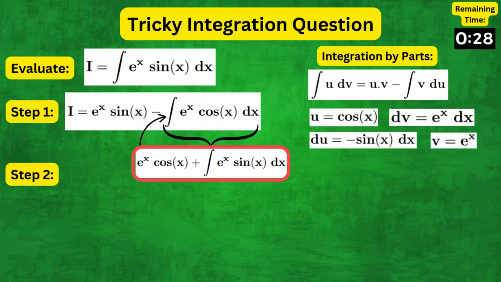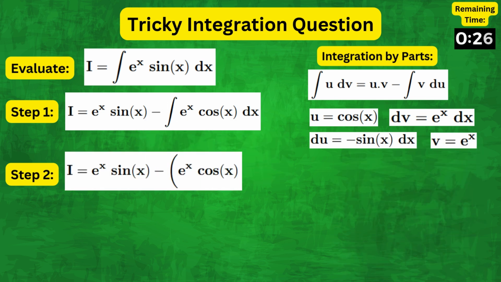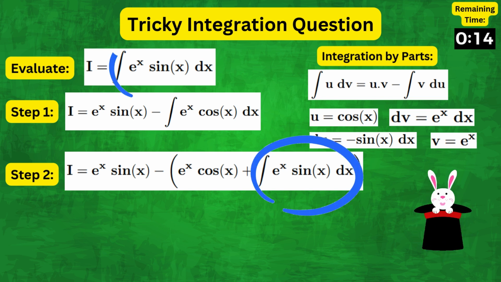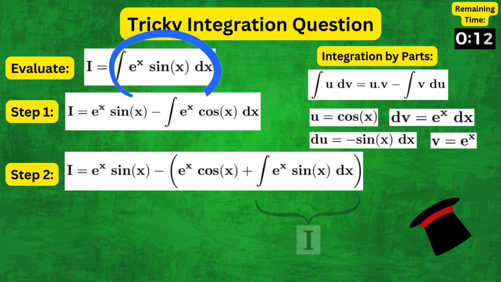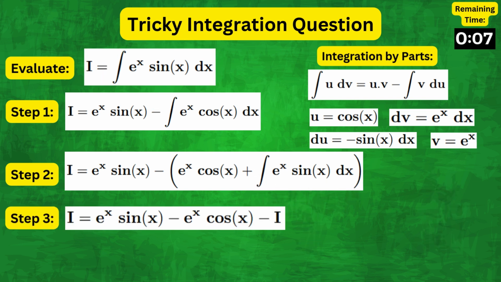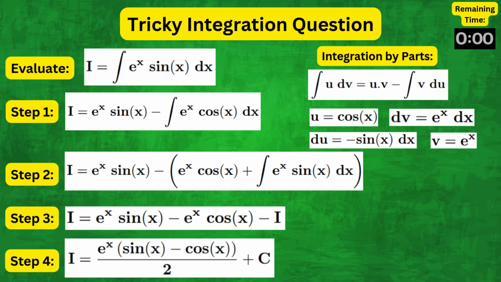Now, plugging all of this in, I becomes e to the x sine x minus, open brackets, e to the x cos x plus the integral of e to the x sine x dx. Now, notice that this integral term is in fact the question that we started off with, and therefore we can replace this with I. So, the equation now becomes I equals e to the x sine x minus e to the x cos x minus I, and then we can simply rearrange to make I the subject to get I equals e to the x, open brackets, sine x minus cos x, whole divided